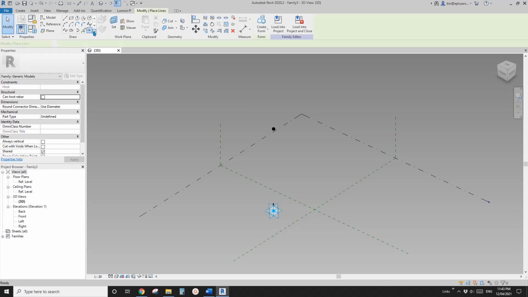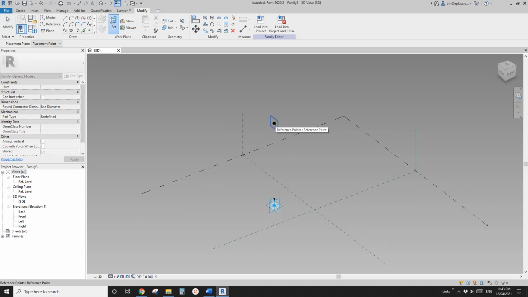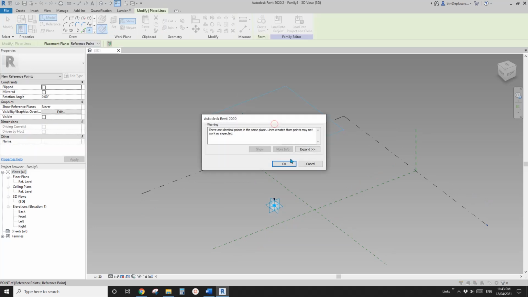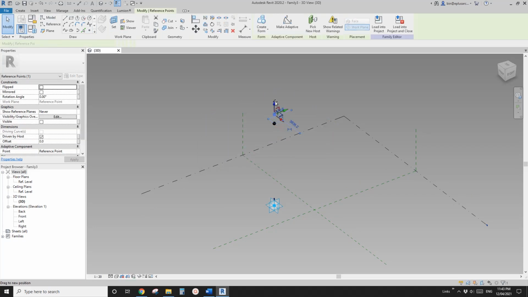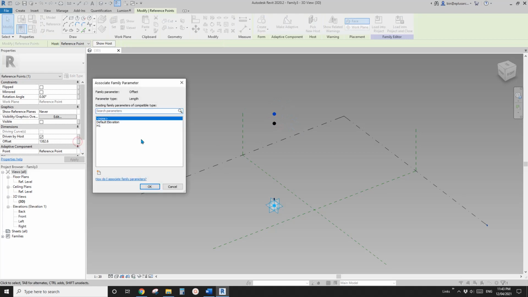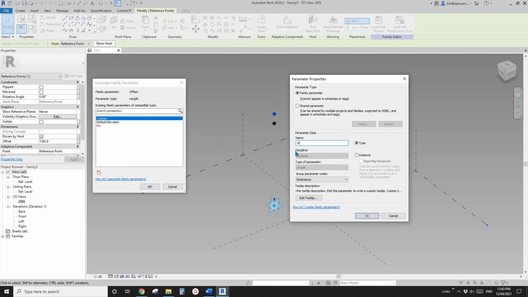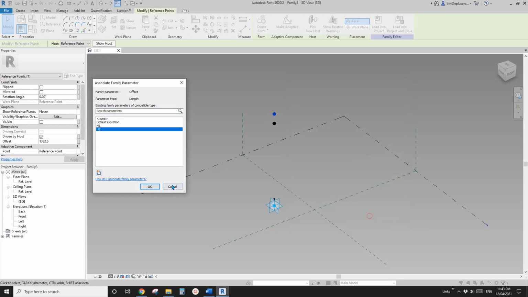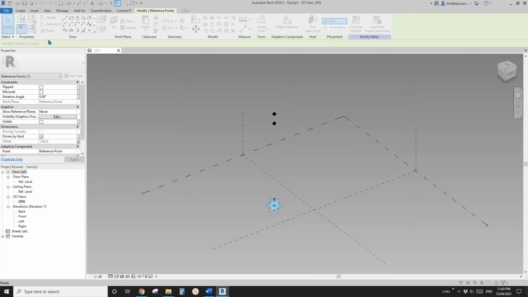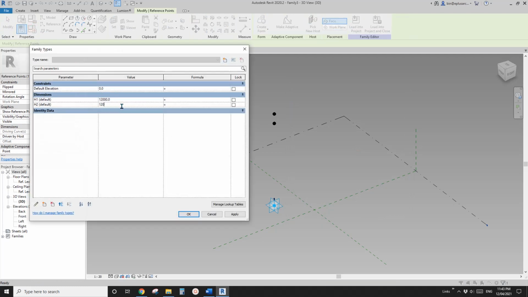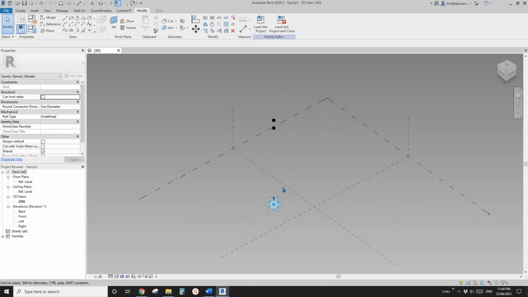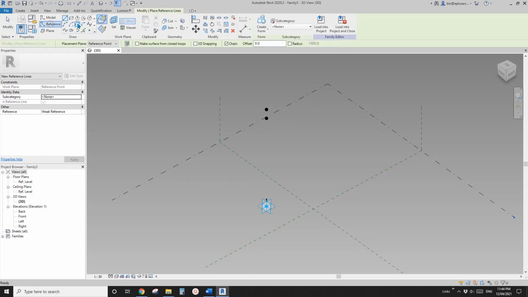So now we can create another one, set work plan, pick the horizontal work plan again, and place it on the point. This time create another height parameter H2 instance. Go to family types, maybe 1200, apply, so that's 1.2 meters. Now first we need to create the reference